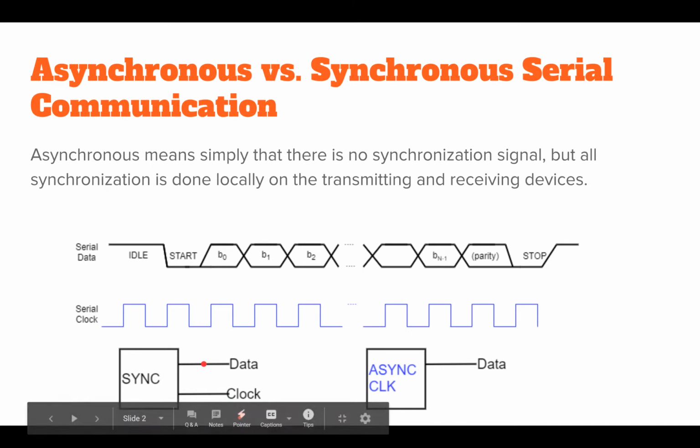So basically the clock line is used to time the data correctly, which means that this receiving end or transmitting end doesn't need the synchronization itself,